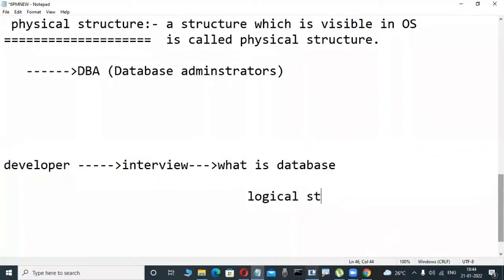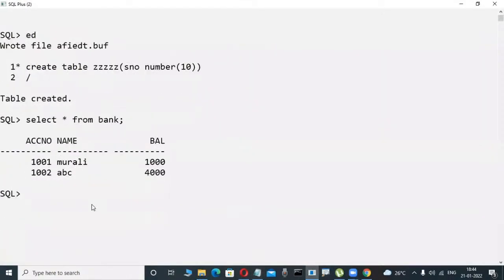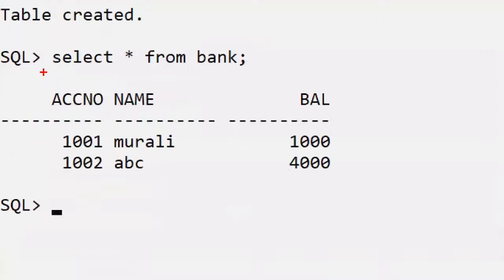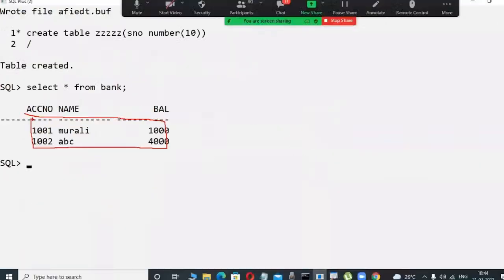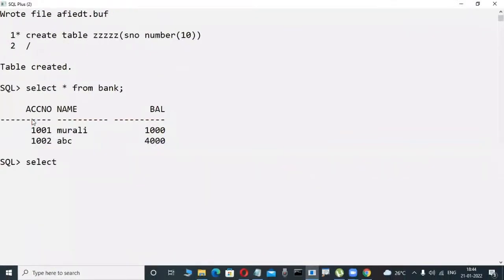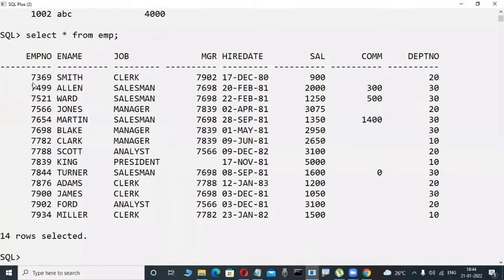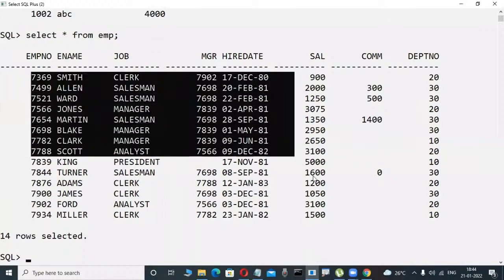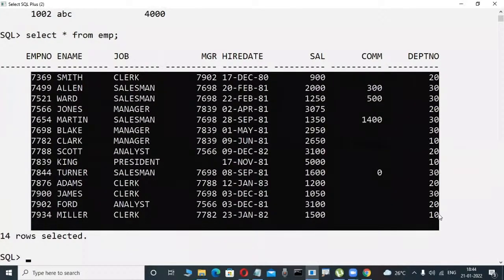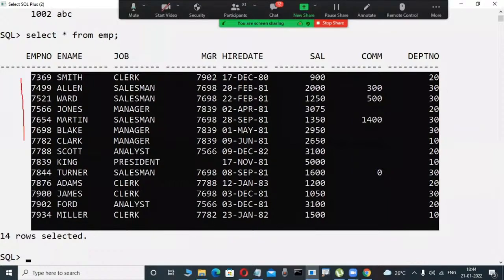They say it is a place where we can store a structured collection of data. Is this a structured collection of data or not? Okay, table format. Yesterday, did anybody observe a big table I was typing like this? It is a structured collection of data. This is the logical side we are talking about. Tables, views, procedures, functions, triggers, developers are well known with these. So a database is a place that stores a